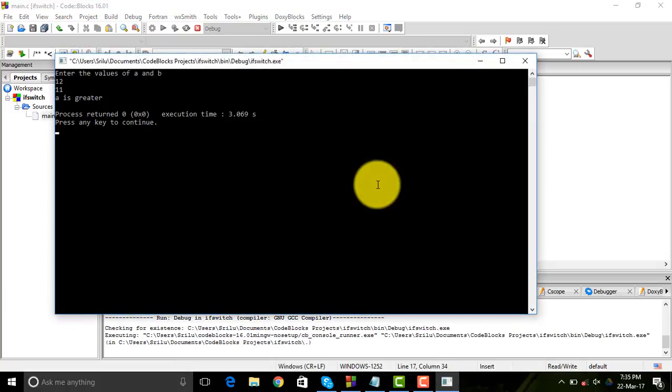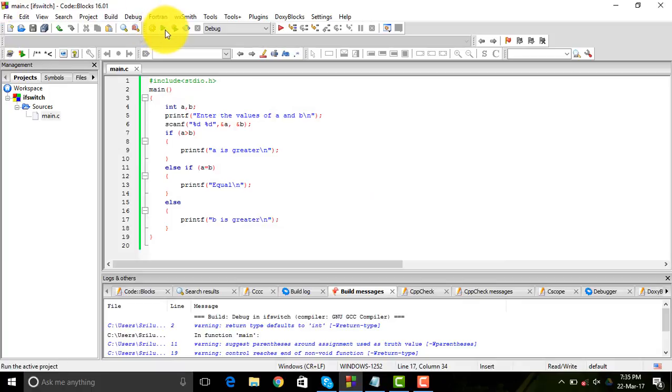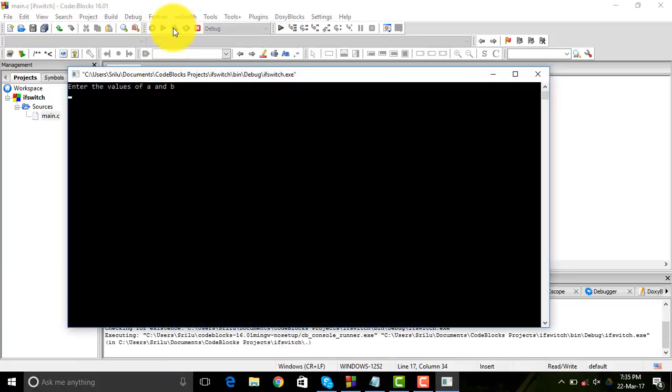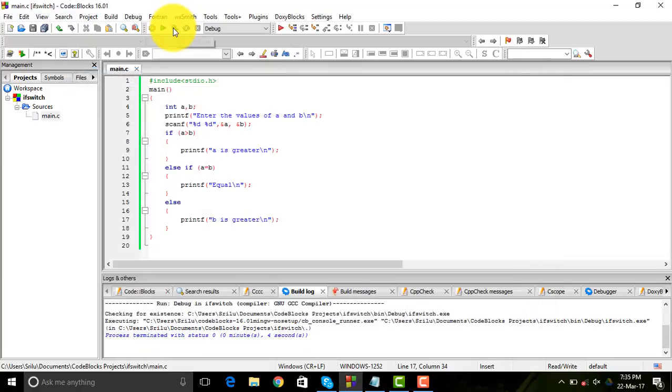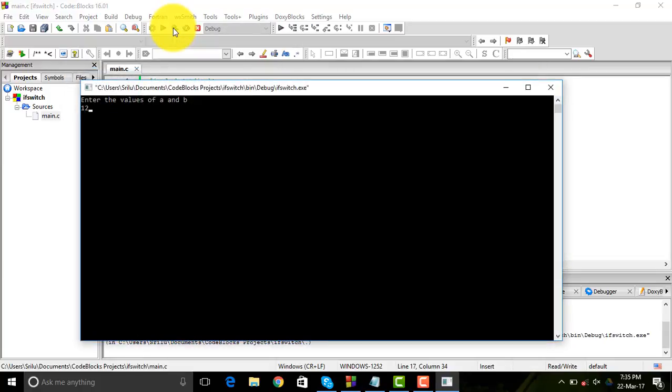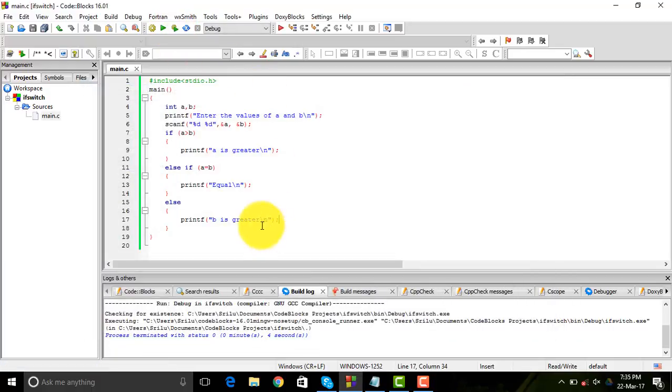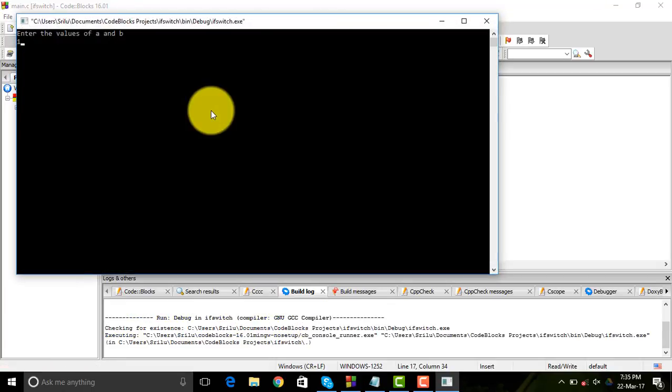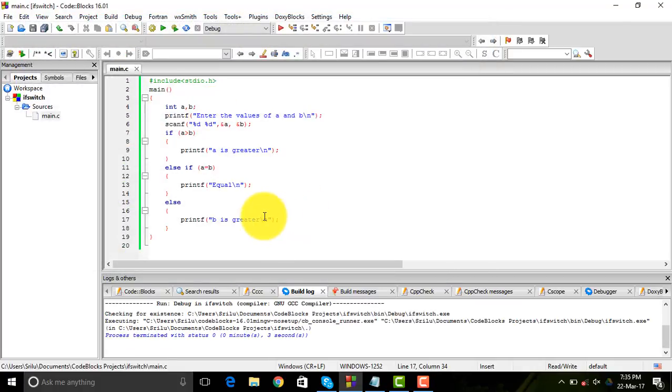Now if I execute this particular program, I'll show you all three values. This is a greater than b, it should say a is greater. Then if I execute 12 and 12 again, it shows me equal. And then if I execute 12 and 13, oh sorry, 12 and 13 aren't equal, right? Let me try it once again. 12, 13, why is it showing equal? I think we need to put in,